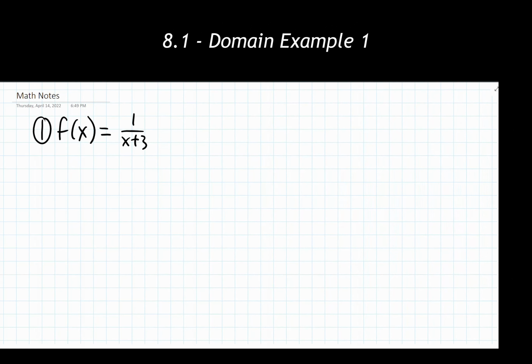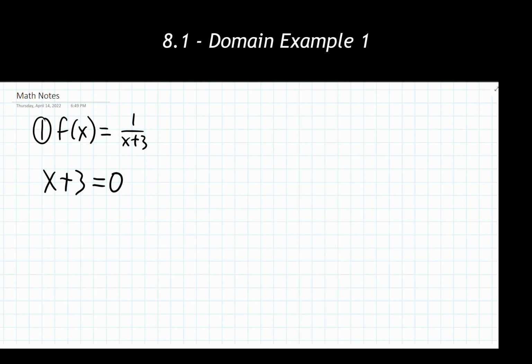So here we have our first example. We're looking at f of x is equal to 1 over x plus 3. We're told to determine what the domain of this function is going to be. Our process for doing that is specifically and only working with setting the denominator equal to 0 and then solving for x values from there. So we're going to start with doing that and write it out for ourselves. So the denominator, x plus 3, equals 0.